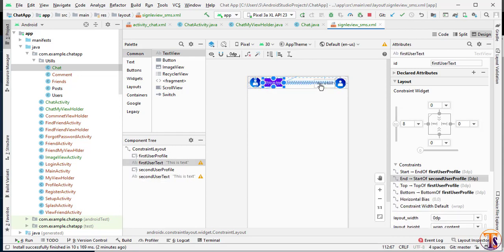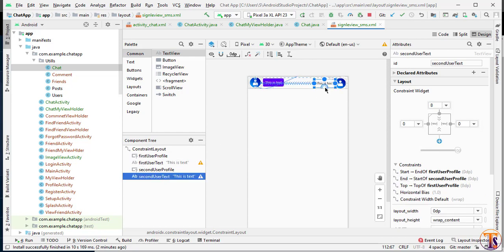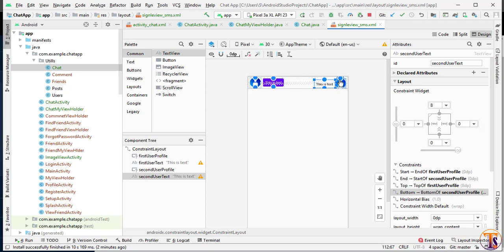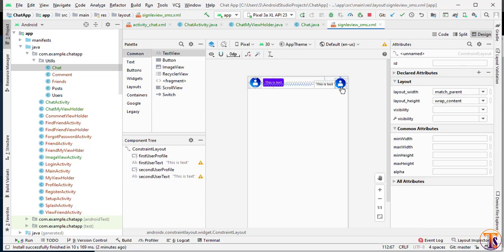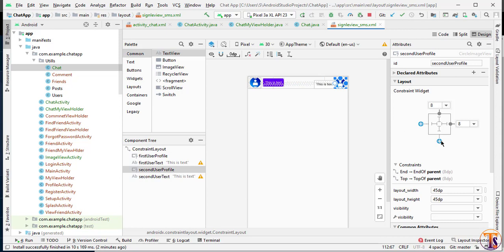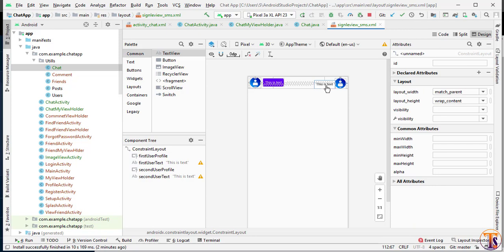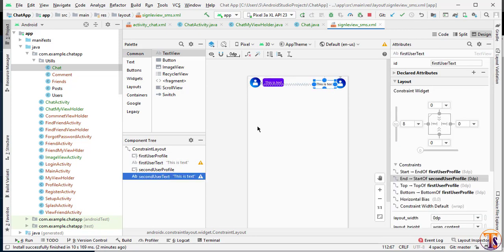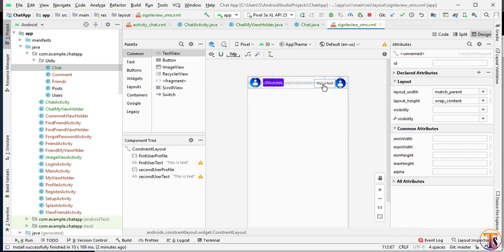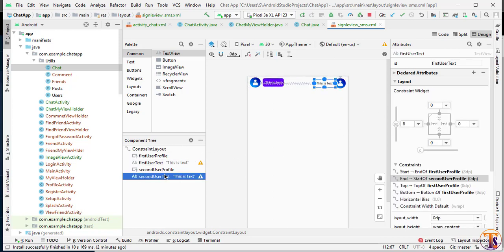Also we have to select the second text view and add the constraint at the bottom, and also from top, select the image view and also add the constraint at the bottom. Okay, now here we have to select the margin from right, and here I will select 8 dp. Now same for the second text view.